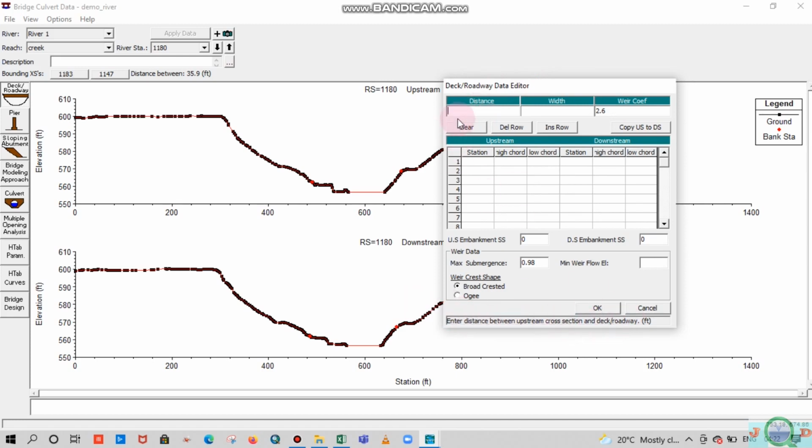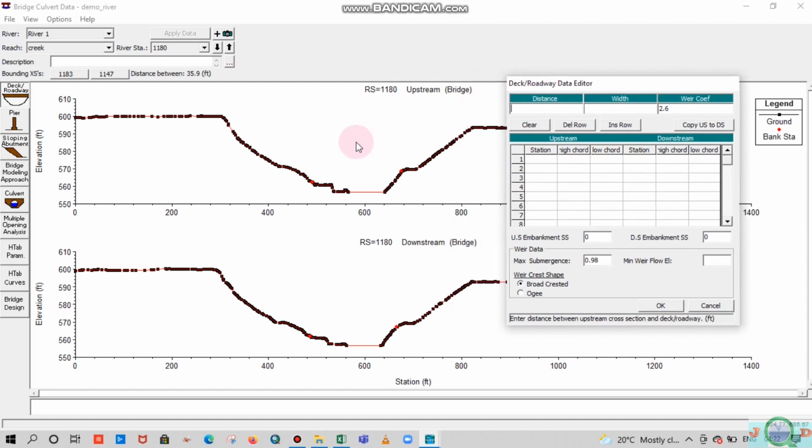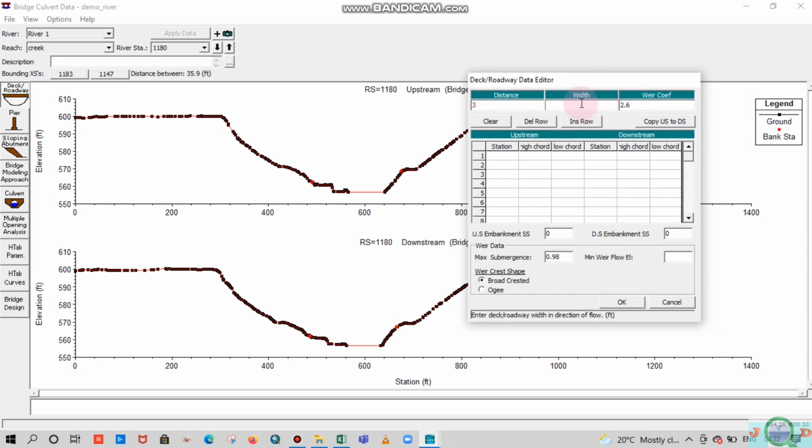So we need to enter the distance at which the culvert is located from the upstream cross section. I already mentioned it is at 3 feet, and the width of this roadway deck. The width of the deck is nothing but the length of the culvert barrel. So I will say the length of the culvert barrel is 30 feet,